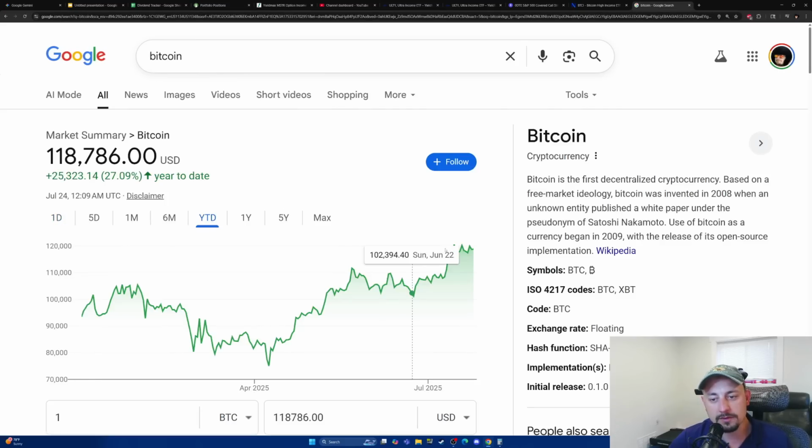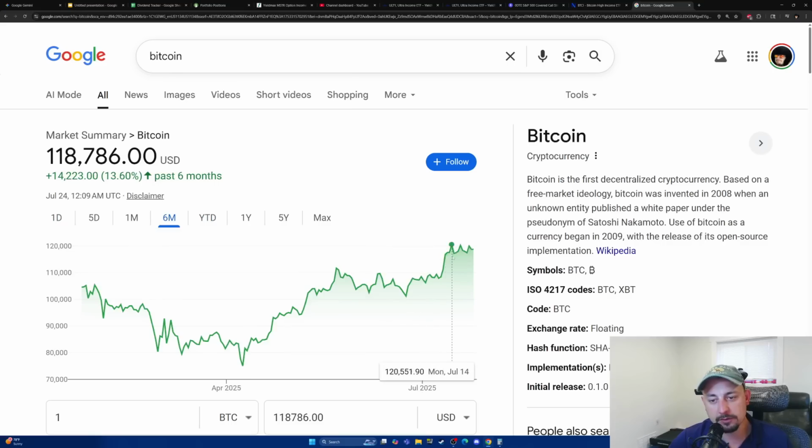Okay, we hit this all-time high. You can see this dance that it's doing. Okay, we're going up, we're going down, going up, going down. How long is this dance going to last? Are we going to have a pullback? Is this going to go up? And will MSTR keep up with Bitcoin?